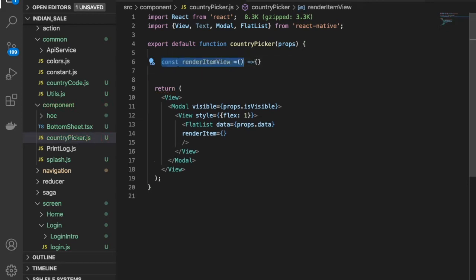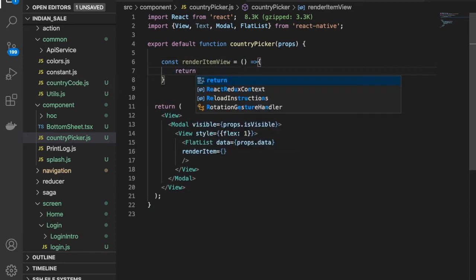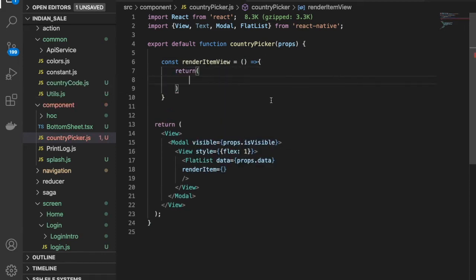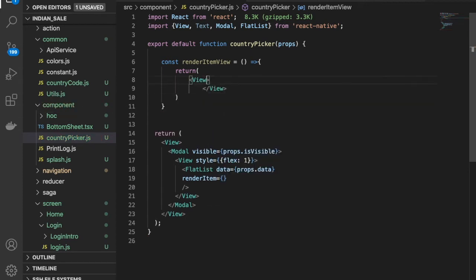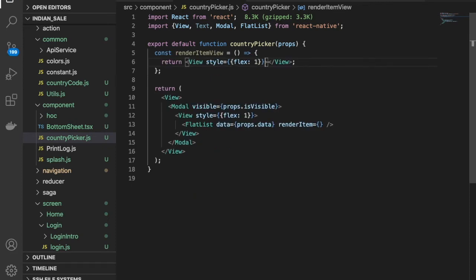Perfect, it will return a view. So let's say we have the view, all right, and this view we have a style, flex one, so that it will cover the whole area of the screen.